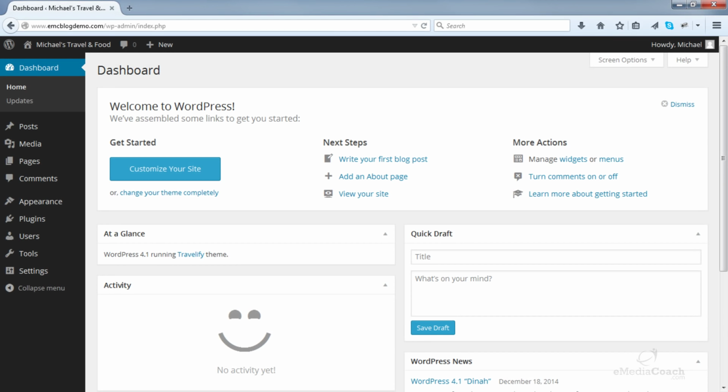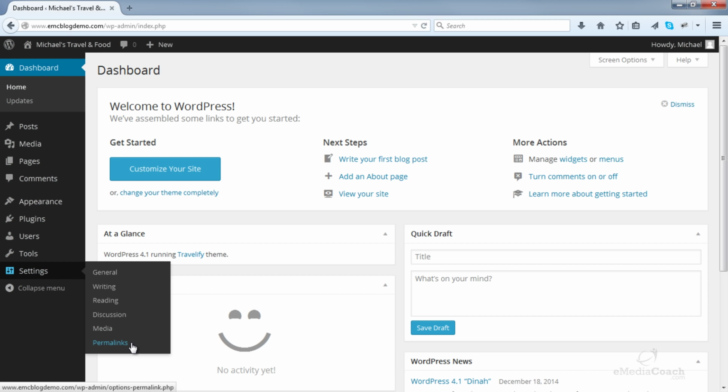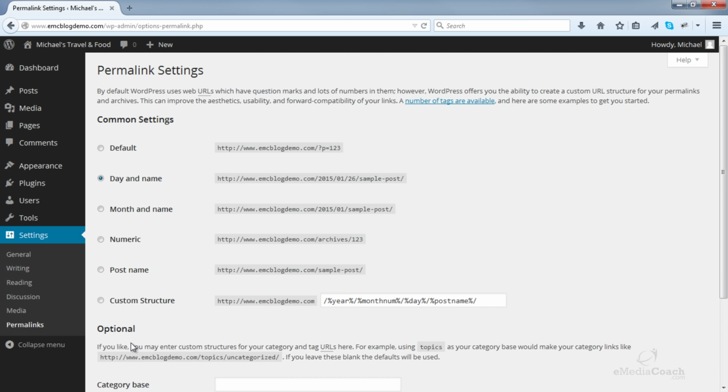Now that I've told you about categories, I want to let you know about URL structure. Go into Settings and Permalinks. By default, your URL structure is this one here. So when you create a post, for example, I love New York, your URL for that post will be yourblogdomain.com/the date on which you made that post/I love New York. However, this is not ideal.